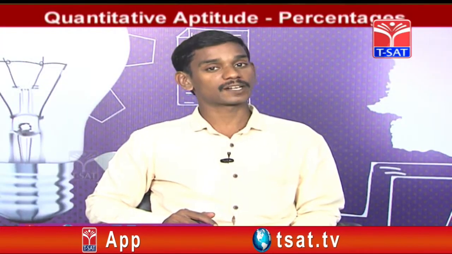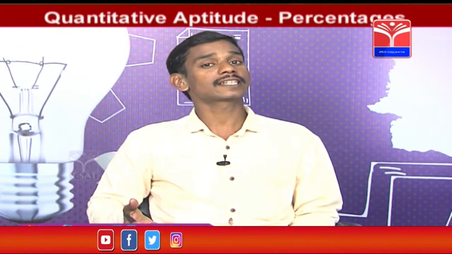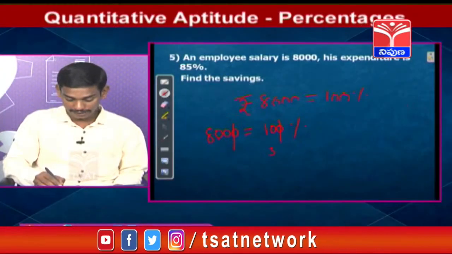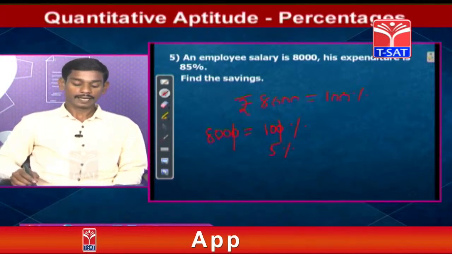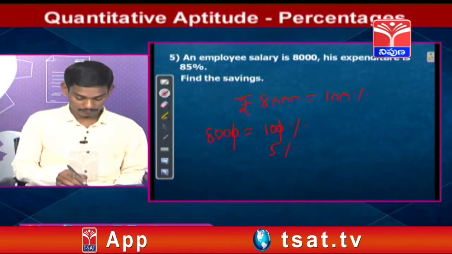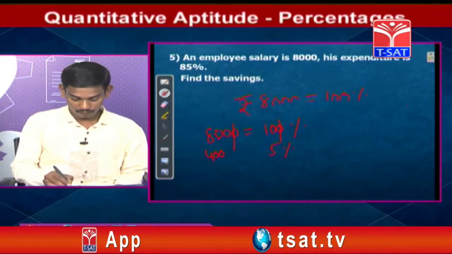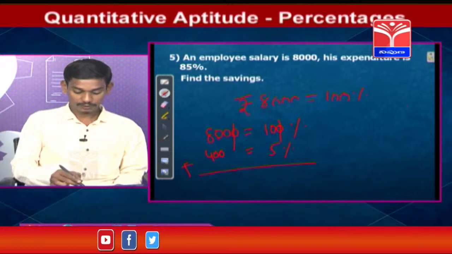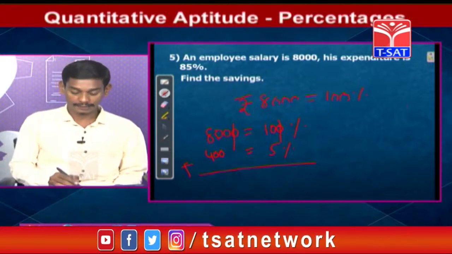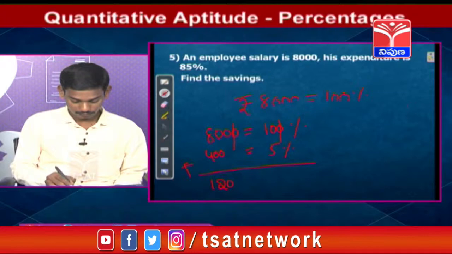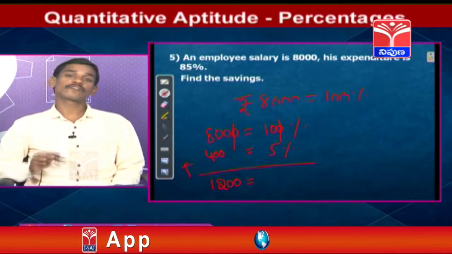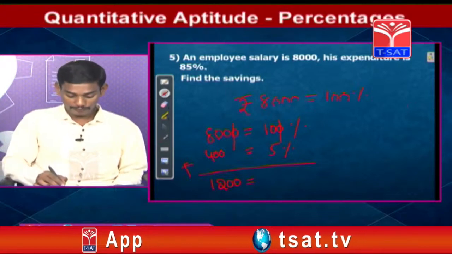So we want to do 15 percentage. Already we know 10 percentage of value. So what is the half of the 10 percentage? Half of the 10 percentage means 5 percentage, and in 800 half means 400. So now just add them, so 800 plus 400, 1200, and 10 percentage plus 5 percentage is equal to 15 percentage.